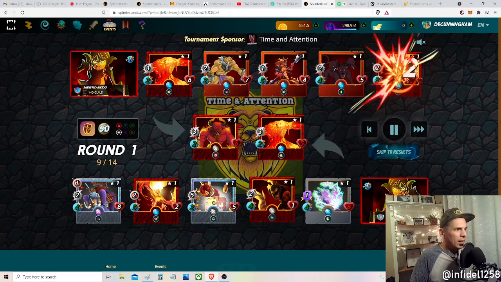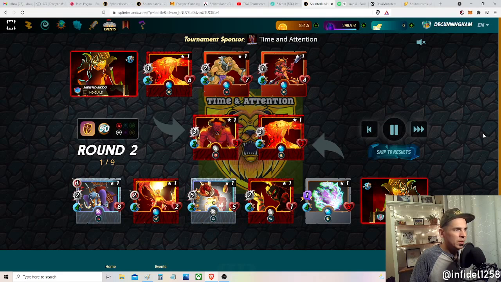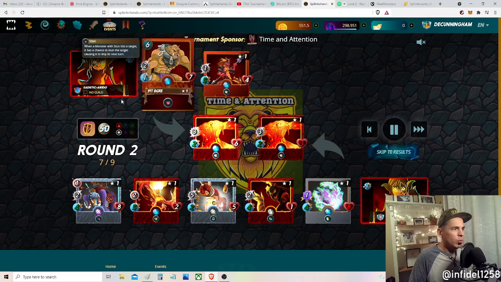I also don't know why Sadistic did all the melee monsters in this way. If you watch this video, Sadistic, let me know. What were you thinking here, pal? Was it just that you didn't have a fire team, so you really were just trying to use the 50